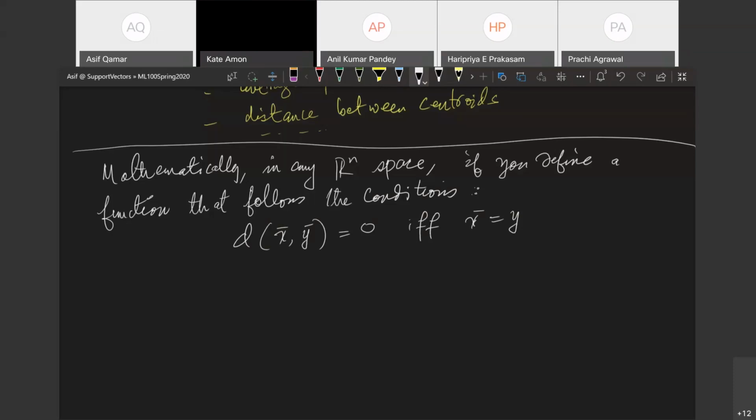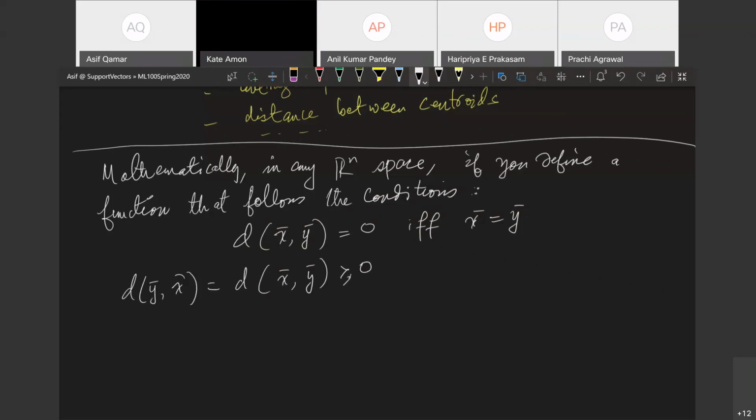In other words, those 2 points are co-located. They are the same point in the feature space. The other thing is that distances are always positive definite, greater than 0. And obviously, this condition comes with the fact that when they are the same, it is 0. And also, this is symmetric. This is built into it. The distances are symmetric. The distance from your living room to the kitchen is the same as the distance from the kitchen to the living room.